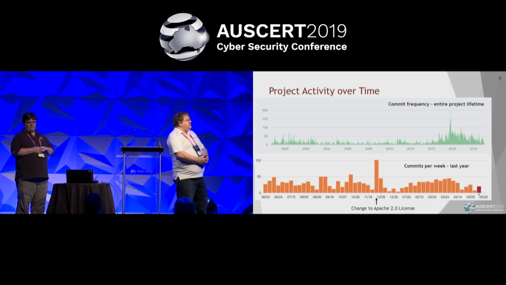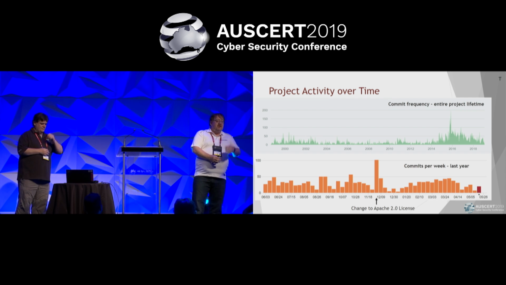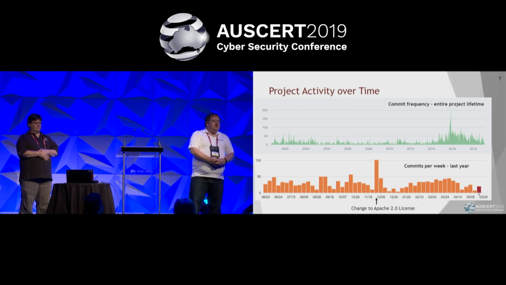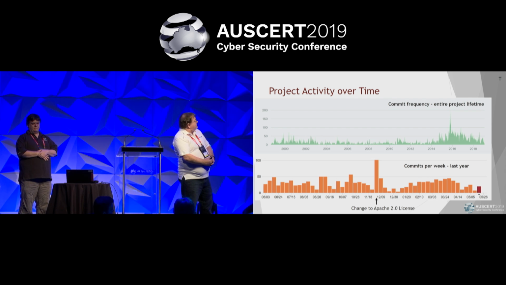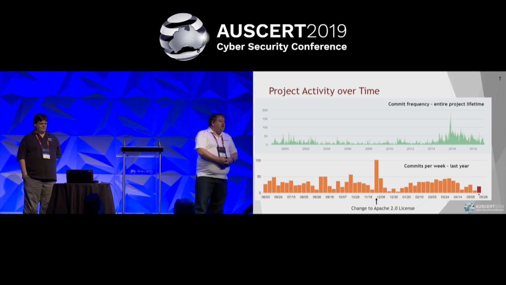And if we have a look at the most recent 12 months of the history of the project, which is the lovely little orange bars at the bottom there, and this is on a weekly basis, you can see that in essence we're looking at somewhere between 25 and 45 commits per week. So there's 5 to 8 commits per day, and that's the sign of a reasonably healthy project. There's a lot of folks contributing. We don't feel the job is done. A whole pile of additional work is going in, and we've got a very active community participating in it.